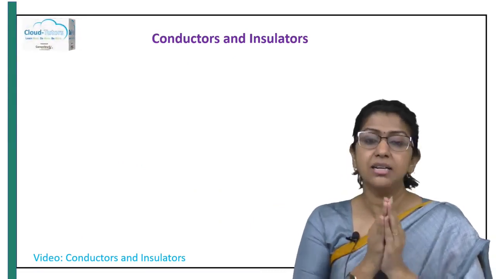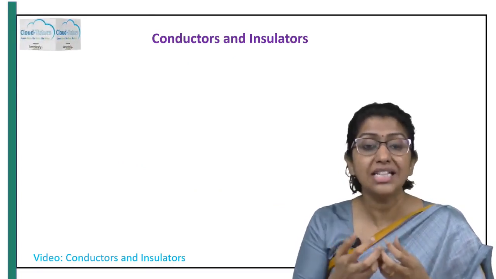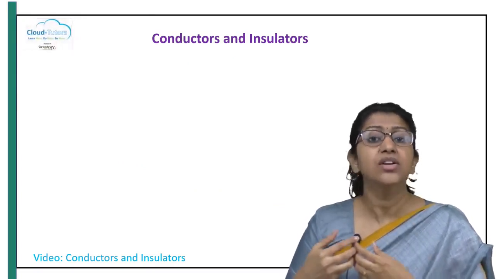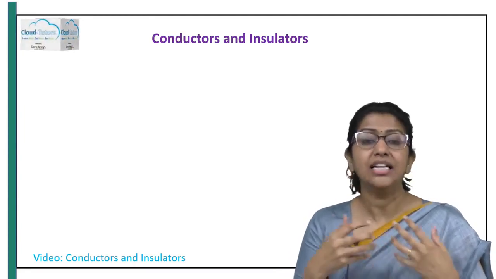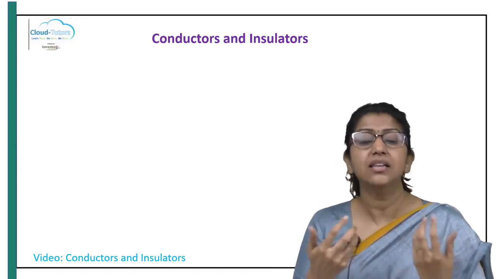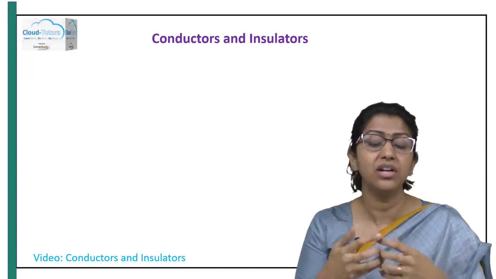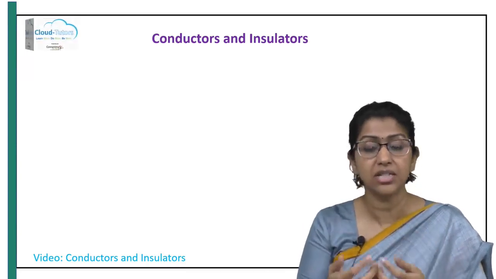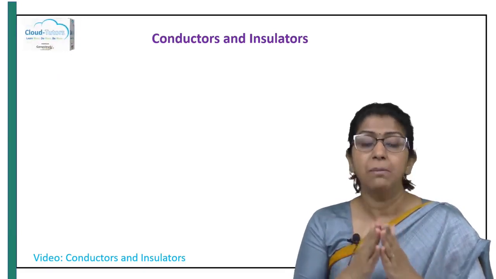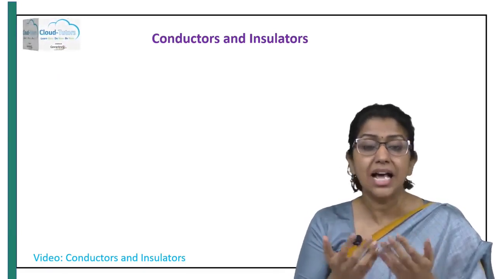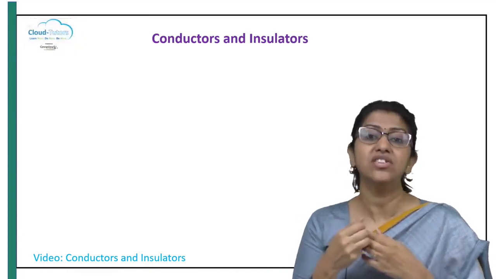A conductor is a material which allows the passing of electric current through itself. Now, why does this happen? Because conductors are the materials which have a lot of free electrons. I'm sure you would have learned what free electrons or valence electrons are in your chemistry syllabus, right? So whichever elements have a lot of free electrons, they allow the passing of electric current through